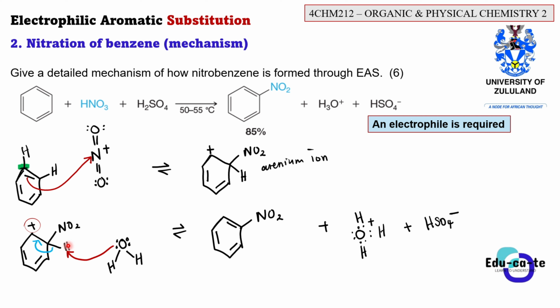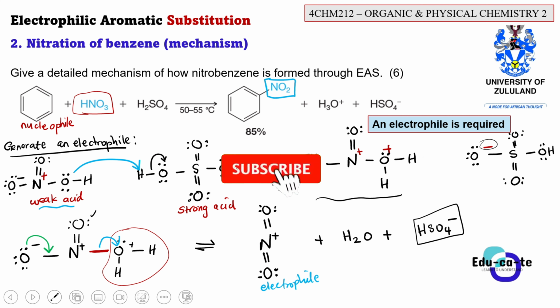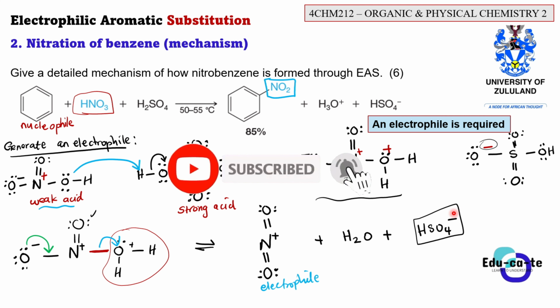But this hydrogen is already bonded to this carbon. What will happen to the bond? The bond will shift and form another bond here, forming a double bond again, regaining the aromaticity of this benzene ring. So this benzene ring is now aromatic again, fully conjugated again, and now has an NO2 group. It is now nitrobenzene. But we will also have byproducts, which is H3O plus. Then another byproduct, which is HSO4 minus, the one that we generated at first, but it didn't do anything for the rest of the reaction.